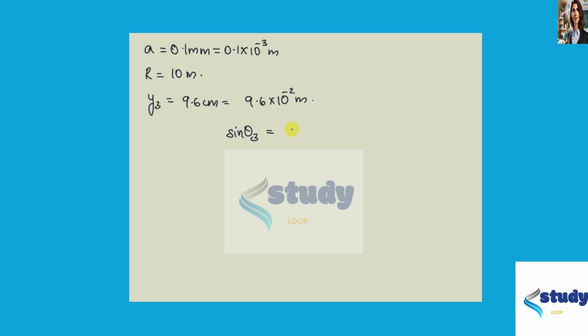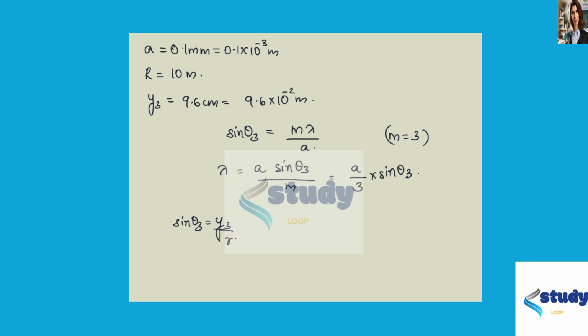sin theta 3 is equal to m lambda divided by a, where m is equal to 3. Thus, lambda is equal to a into sin theta 3 divided by m, which is thus equal to a by 3 into sin theta 3. Since sin theta 3 equals y3 by R, where y3 is the distance from the slit to the third dark fringe, implies